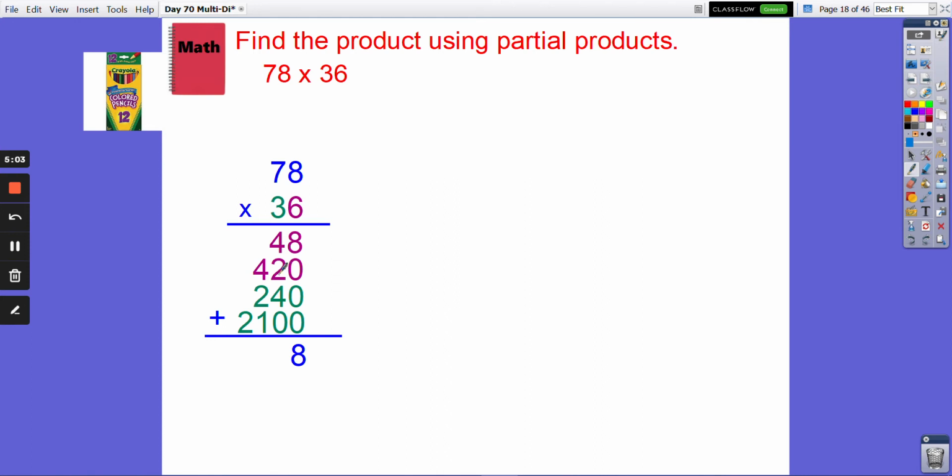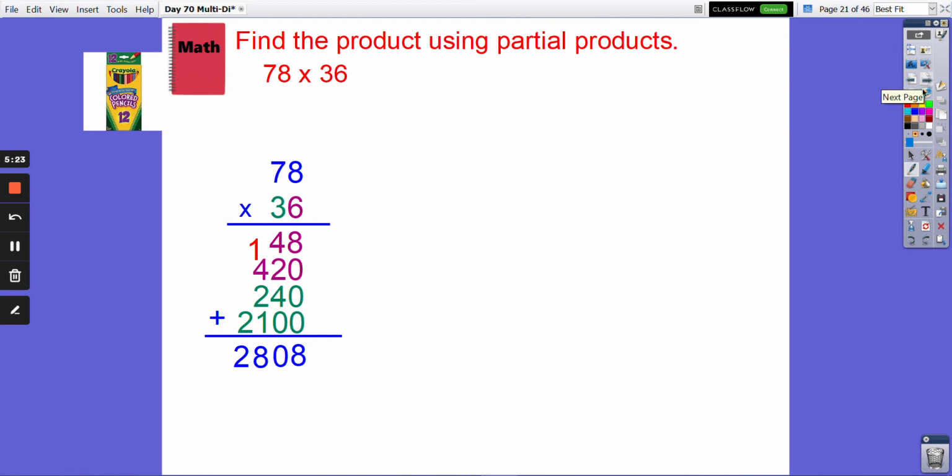4 plus 2 is 6, and 6 plus 4 is 10. Don't forget to regroup that 1. 1 plus 4 is 5. 5 plus 2 is 7. 7 plus 1 is 8. And 2 plus nothing gives us 2. So our final product is